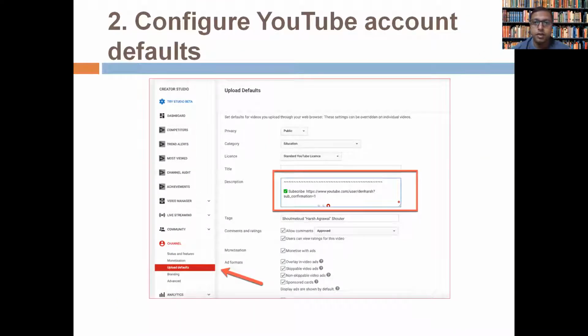You have to configure your YouTube account defaults. What are these YouTube account defaults? For example, each and every time you upload a video, you will be giving a description over there. Under channel settings, you will have YouTube defaults. Under YouTube defaults, you can give a default description, so that whatever uploads you're doing in future, it will automatically take it.